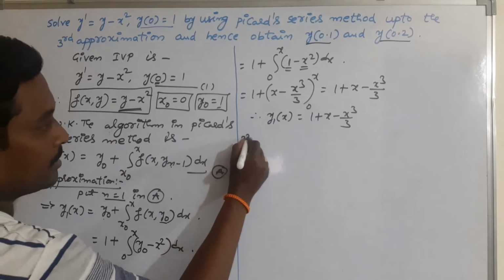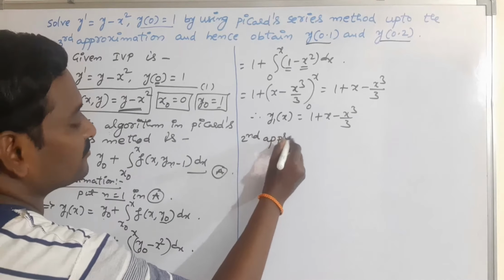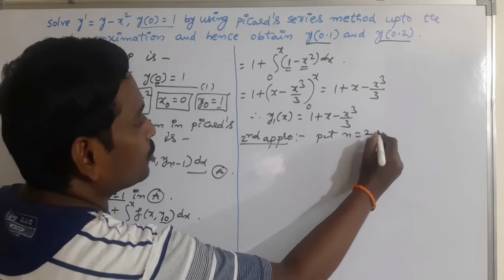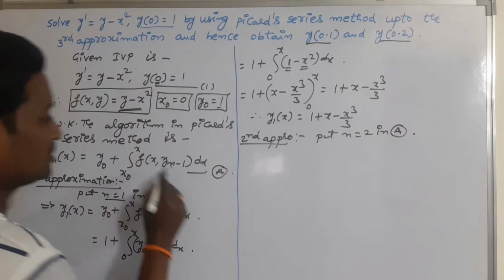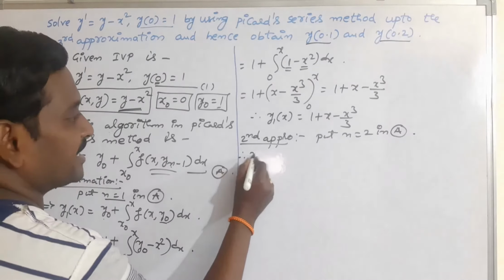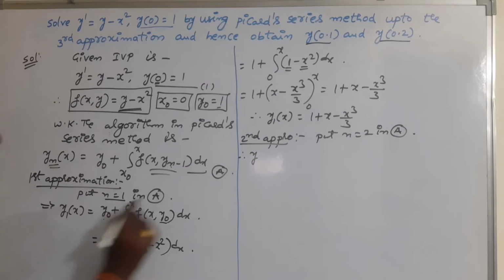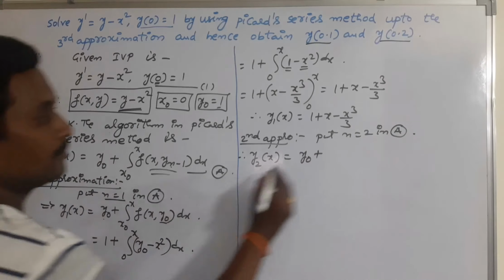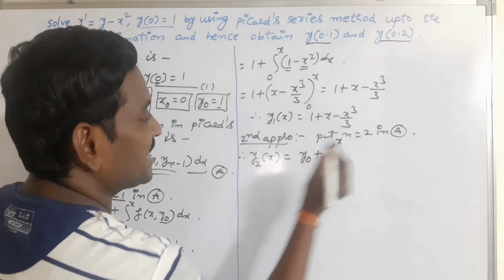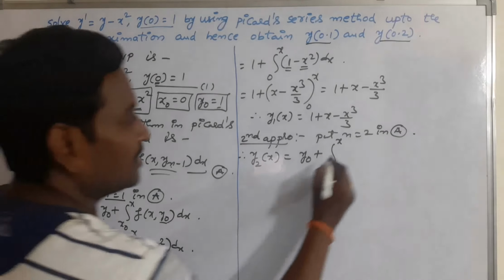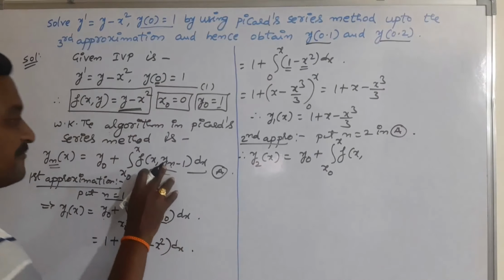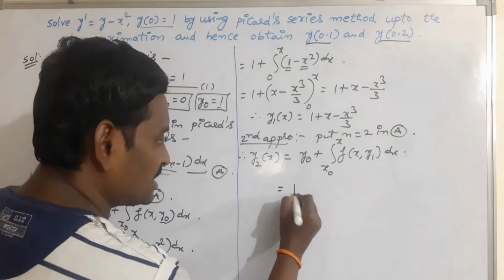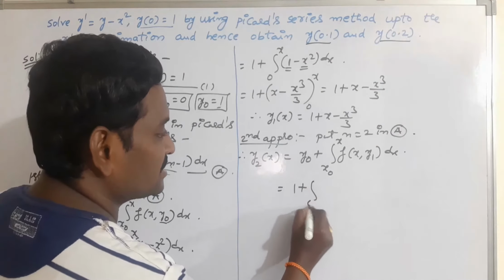Okay, so now we have to find out the second approximation for the required solution. For this, replace n is equal to 2 in Picard series algorithm, which is this one. Okay, so you will get, by replacing n is equal to 2, in the left hand side you will get y2 of x is equal to, in the right hand side first term is always y0 plus integral, lower limit is always x0 and upper limit is always x, and f of x comma y suffix 2 minus 1, which is y1 into dx. What is y0? 1. Integral x0 is 0, 0 to